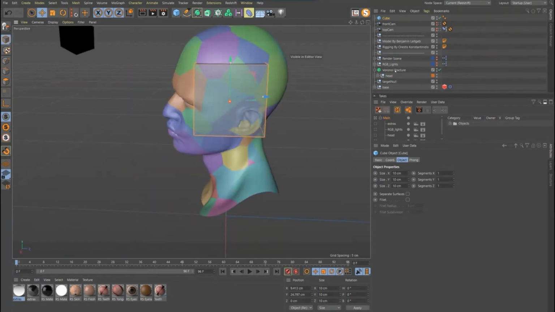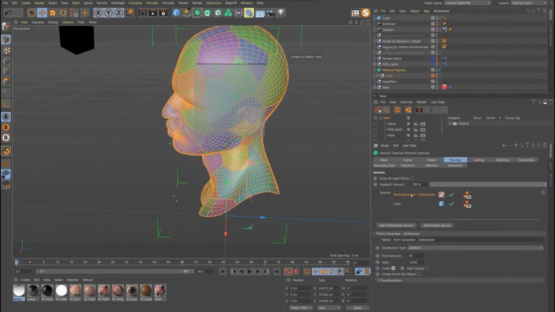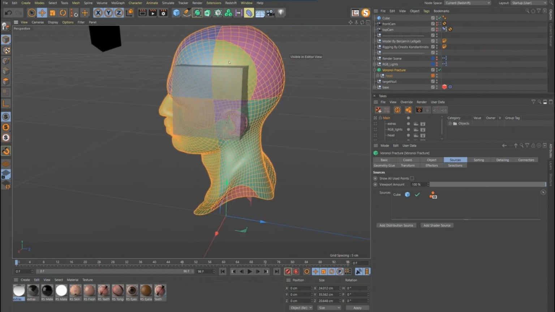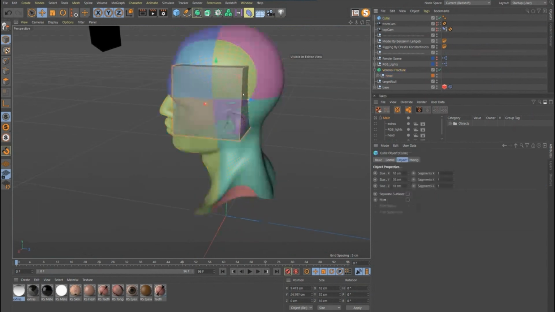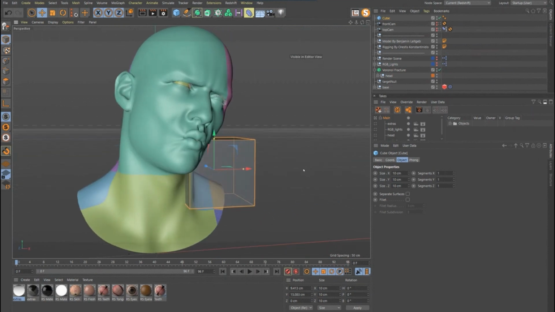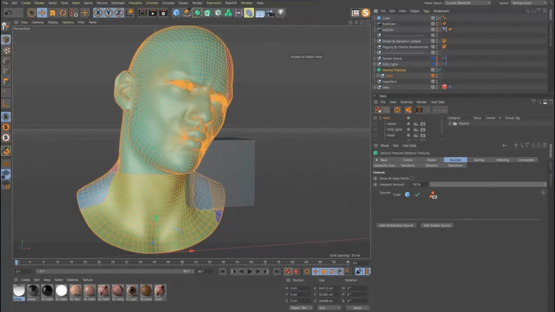And because I have a point generator in here as well, if I just delete that, you can see everything is based on this cube. And it's a little more organized because it's looking at the faces of the cube to fracture the object. So some really cool effects that you can do with that. Again, for us, we're just going to be using the point generator.